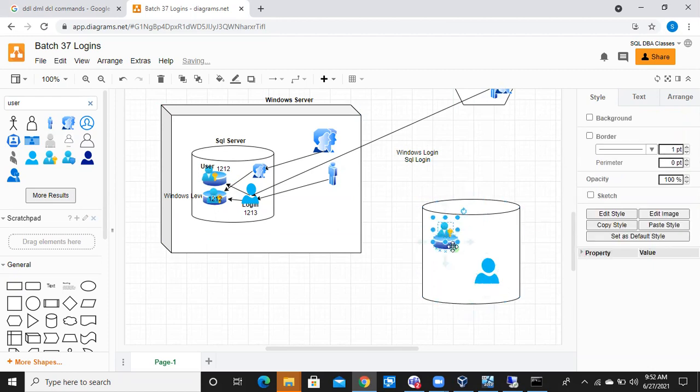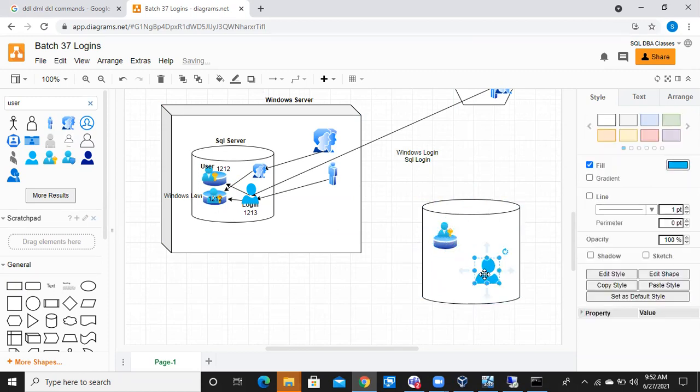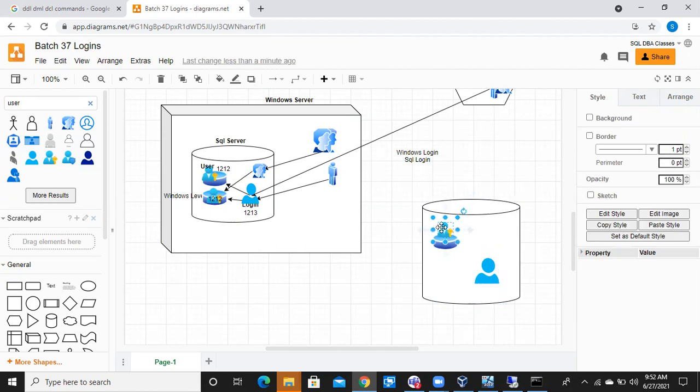Then also the orphan user will come, right? Don't think that only if there is no Anil login, then the orphan user will come. Nothing like that. Anil login still exists in the non-prod server, but when creating the Anil login, here you will get a different SID. You are restoring from the production server, where the user SID is different. How can a login and a user bond together when the SIDs are different? In this case also you are going to get the orphan user issue.